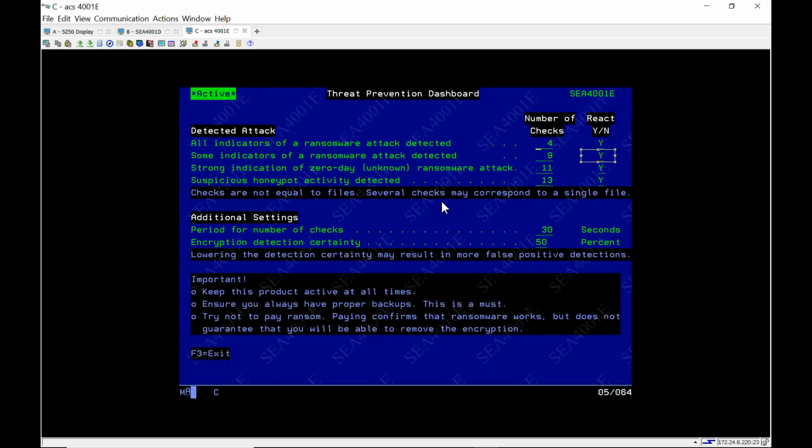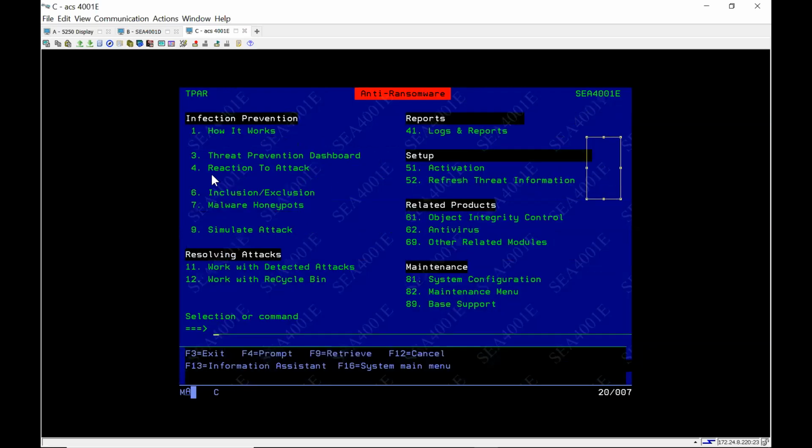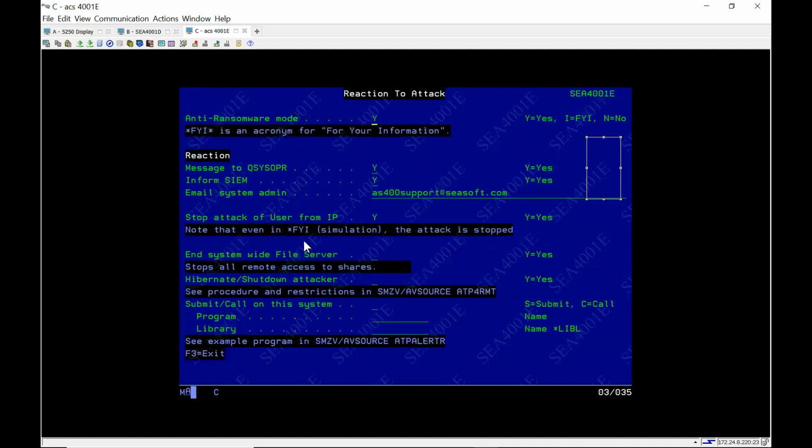So we basically are looking for the tracks of what this application, or in a rare case, even what this user is doing to identify there is some ransomware activity going on. We need to do something. And you notice we have the column, I want to react. So how do we react? You want automated reaction. The product has that with the ability to